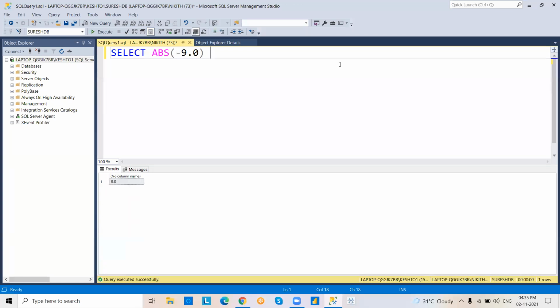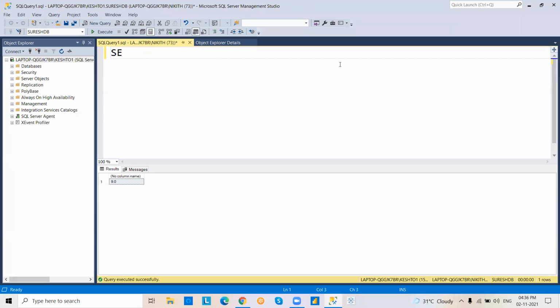Please check it. Absolute of -9.4, then it returns only 9.4. That is the scenario.